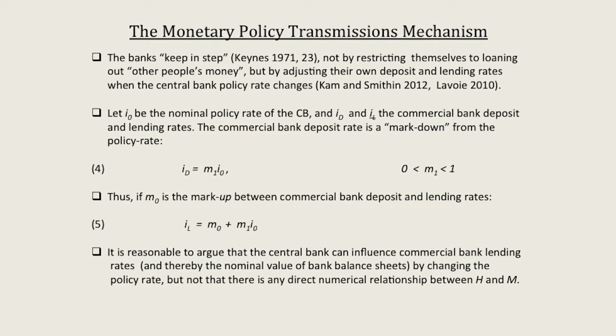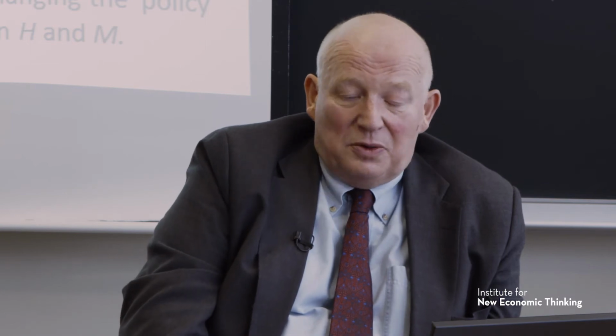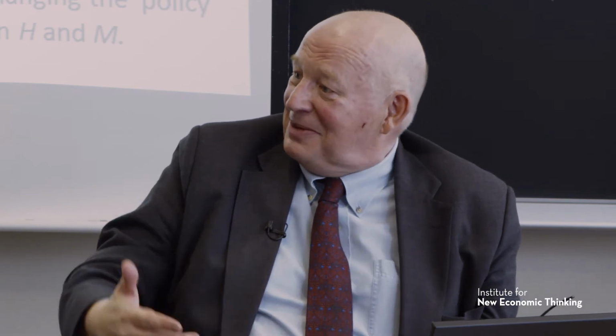Let I sub D be the deposit rate of the commercial bank, and I sub L the lending rate of the commercial bank. So the commercial bank deposit rate is actually a markdown. It wouldn't be a 2-for-1 rule, it would be a 2-for-something rule. It's actually a markdown from the policy rate, so we can write I_D is equal to coefficient M1 times